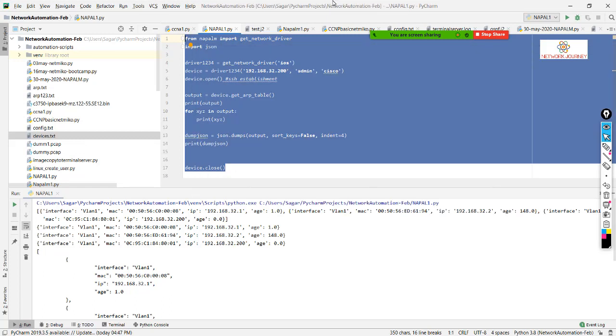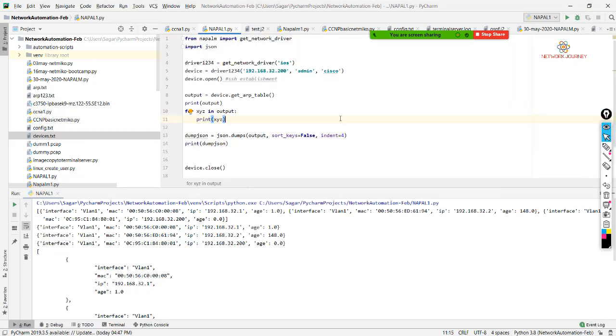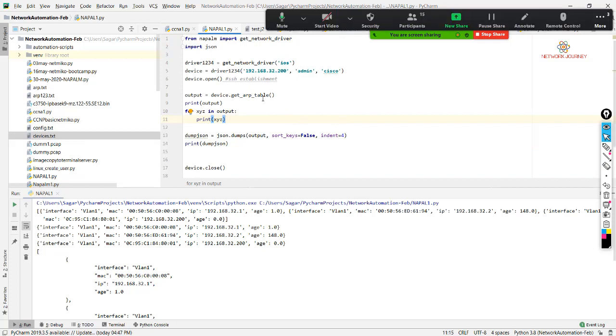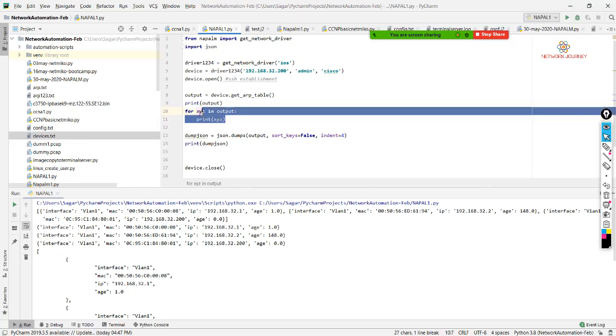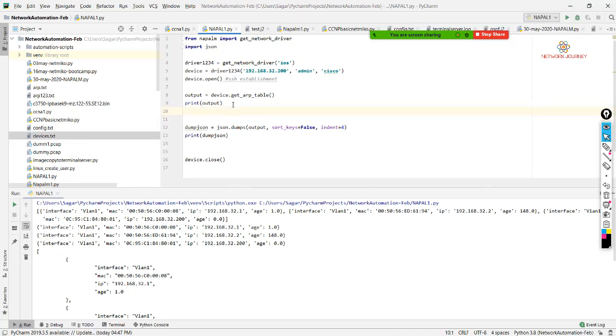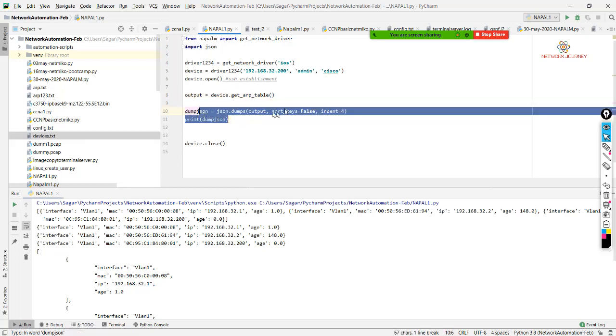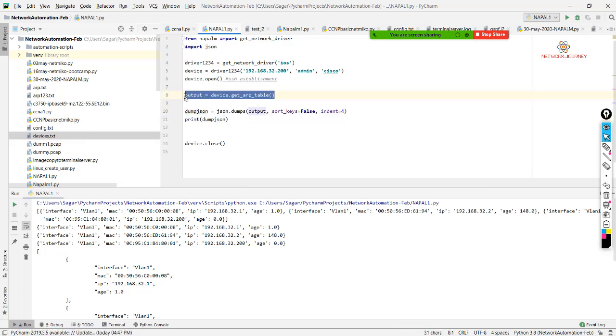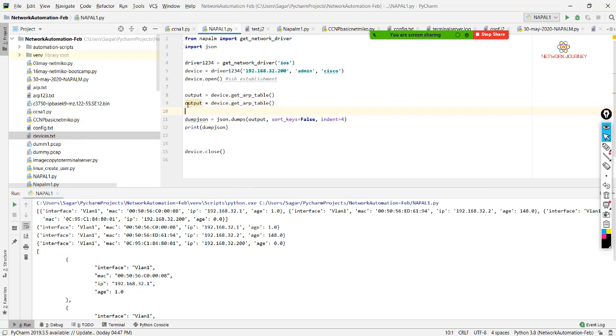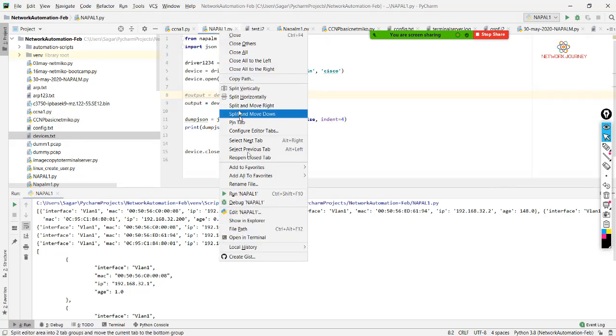So this was our first script. Now let's go to the next script, where I will take the output of a few other commands. So let's say I take down these commands, which are not required. I also don't need this because I have my JSON now. Let's say I want to have some other configuration, or I want to see get facts. And I'll run this.